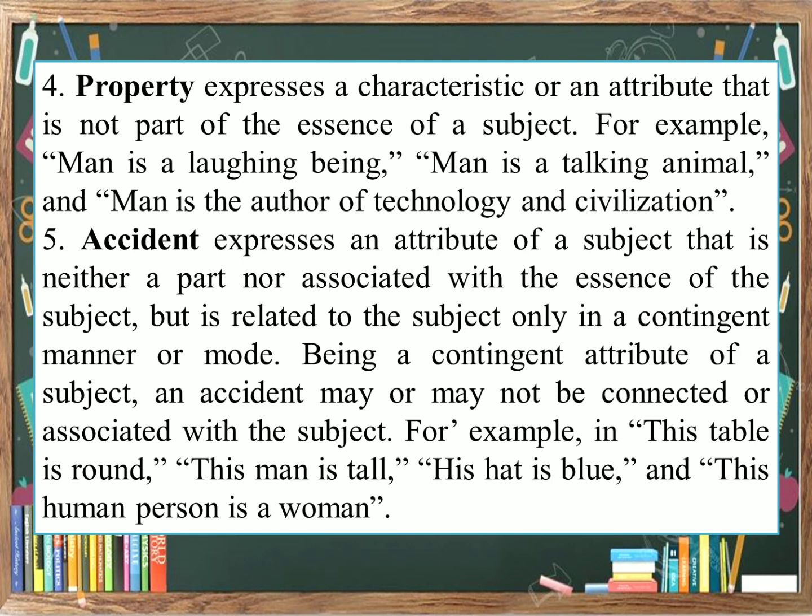civilization. Fifth, accident expresses an attribute of a subject that is neither a part of nor associated with the essence of the subject, but is related to the subject only in a contingent manner or mode. Being a contingent attribute of a subject, an accident may or may not be connected or associated with a subject. For example, this table is round, this man is tall, his hat is blue, and this human person is a